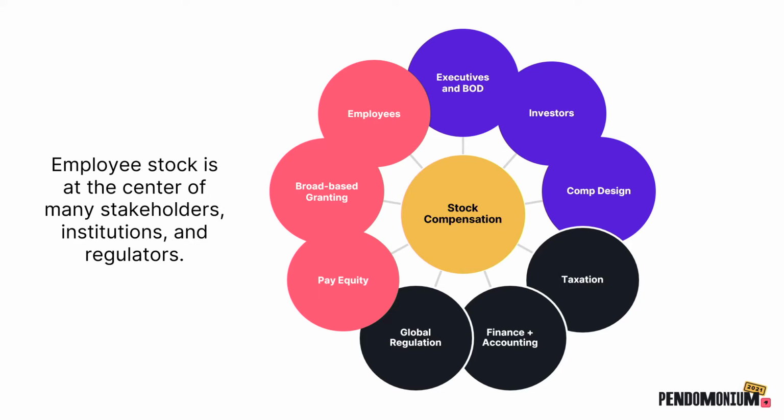If you look at stock-based compensation, there's a huge intersection in all these different places. You've got executives managing their plans and the board. You've got investors, comp design, global taxation. So obviously, if you're getting stock, somebody wants a cut, and that somebody is pretty much every jurisdiction you touch during that time frame. So as you can imagine, but then we even got really big things coming these days,